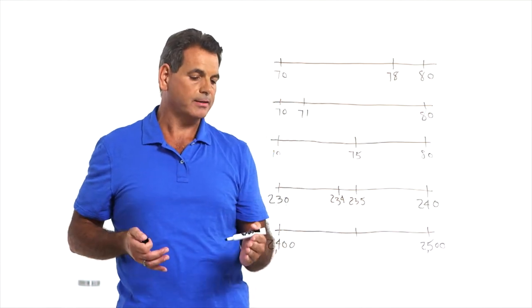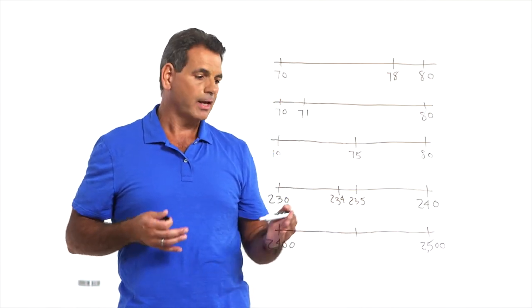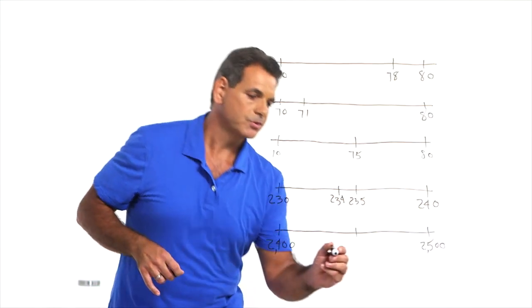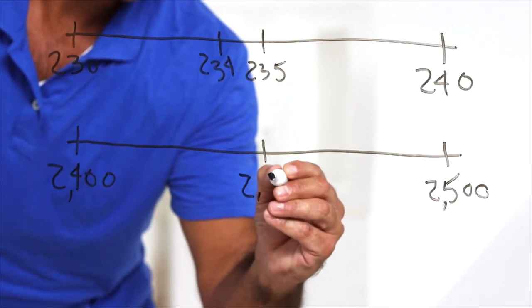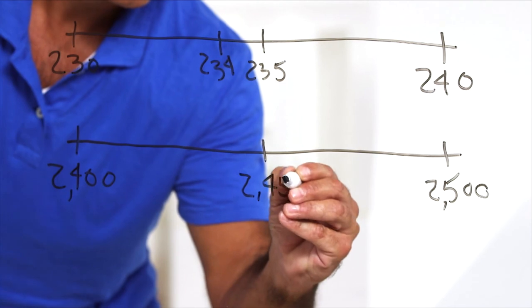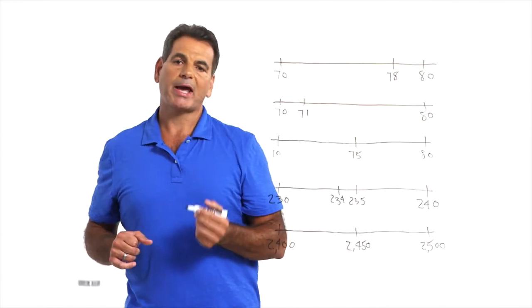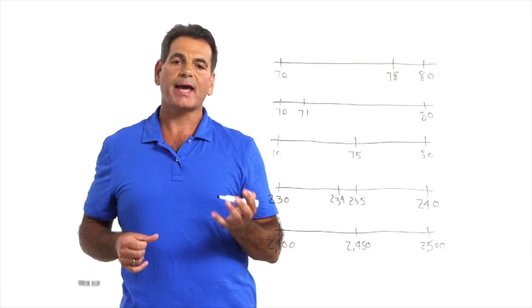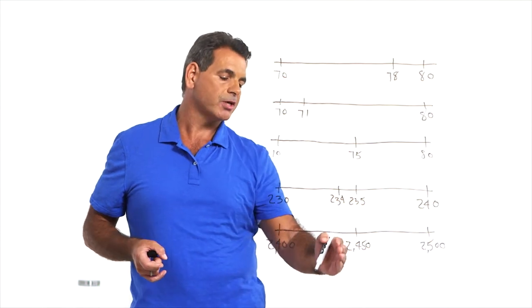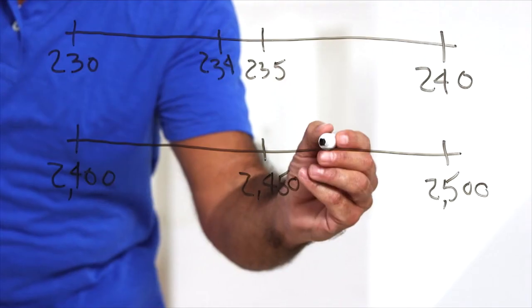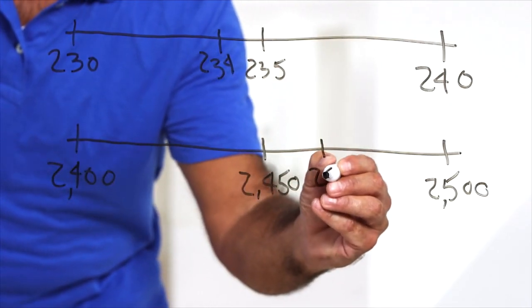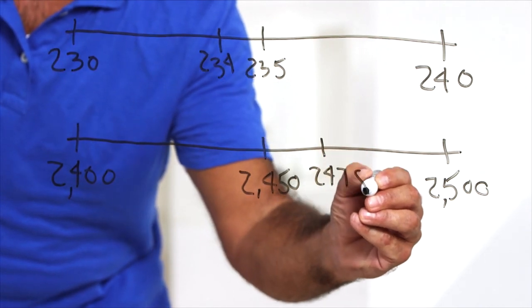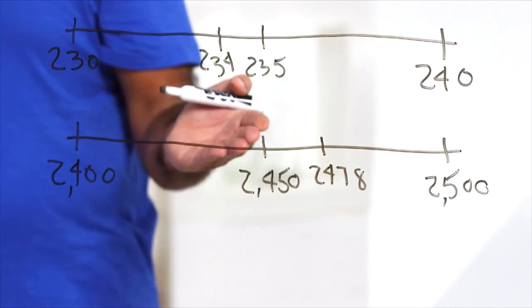What's exactly in the middle of 2,400 and 2,500? That's 2,450. Now, when we have to round 2,478 to the nearest 100, we know it's going to be on that side of the midpoint. 2,478 rounds to